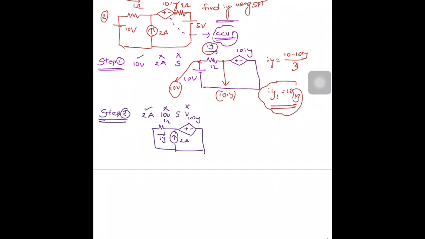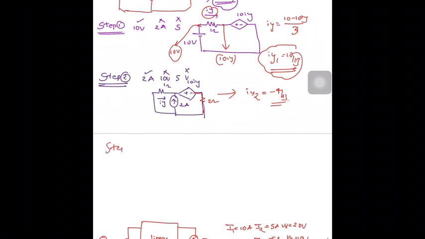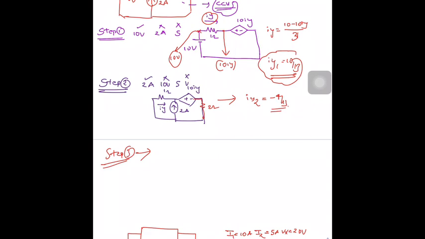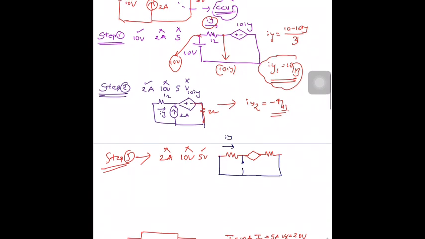Now for the current source, consider here the resistance is 2 ohms. If you solve this, Iy2, you will get minus 4 by 13. You can check by solving, right? I assume that you are solving this question. I am just giving the steps here. And now neglect the 2 amperes, neglect the 10 volts, consider the 5 volts. The circuit will be open circuited. Current is Iy.